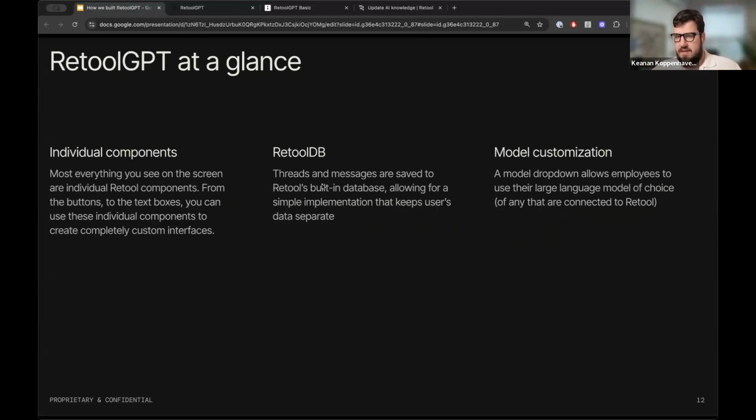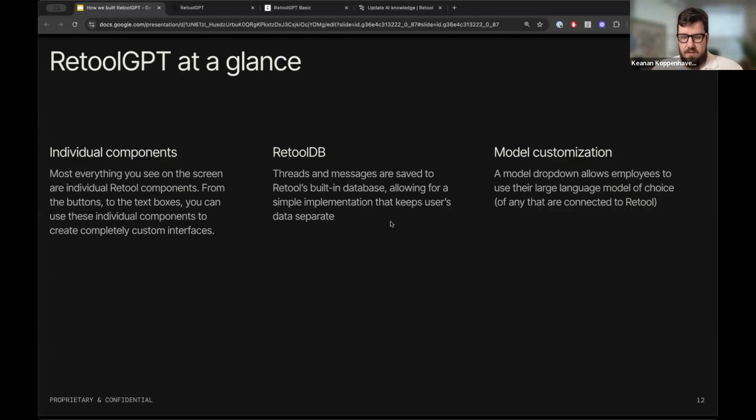So everything from buttons to text areas, they're all dragged onto the canvas and configured as individual Retool components. So unlike the chat component, where it was just one component that contained all of those things, this allows us to customize how the buttons look, how the text box responds to input, and all sorts of other things like that. So it's an example of, we covered the full spectrum of, you just want everything done for you in a pre-made chat component, or you can really break that out and go really in the weeds with building your own interfaces. And we've seen people build some very complicated interfaces in Retool, and that's one of the reasons why we keep